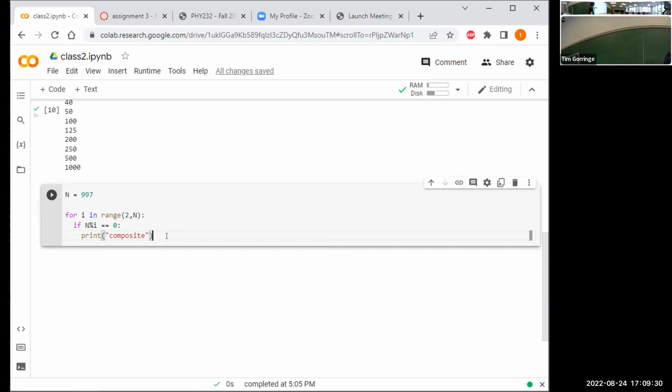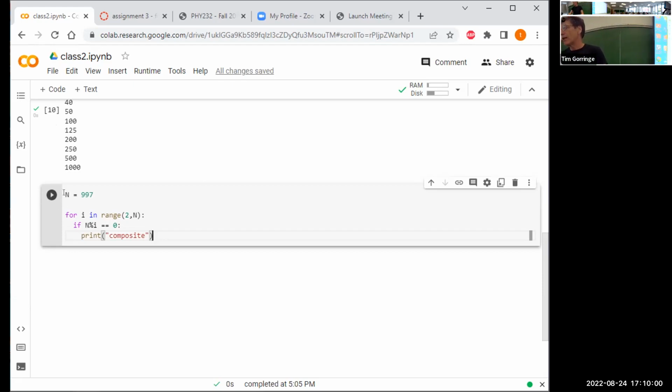So this line here is really the same line as I used in the previous example where I was finding the factors. I would be a factor of n if when I divide n by I, there's no remainder. So if n is divisible by I with no remainder, I found that this is a composite number. It's not a prime number. And so, this is one little bit of code I could figure out